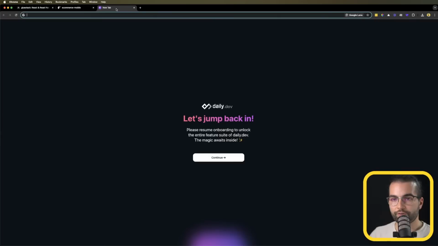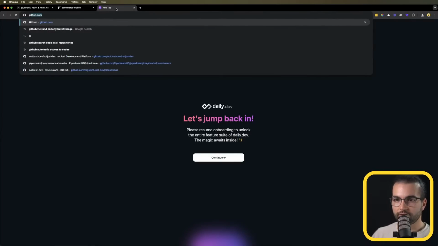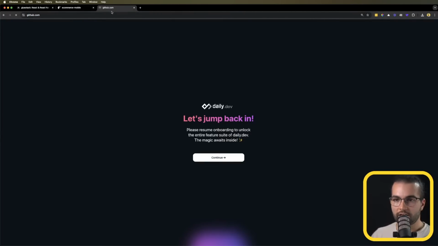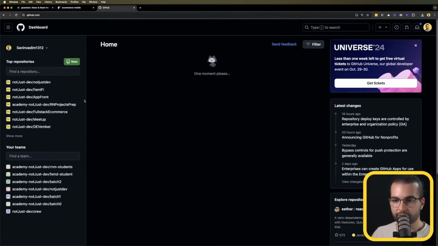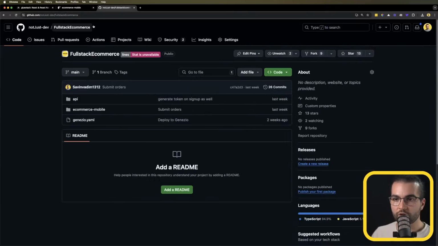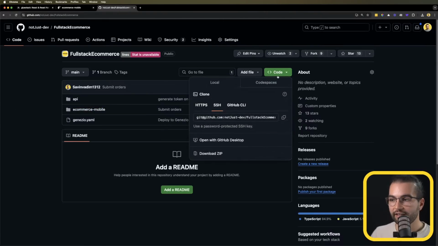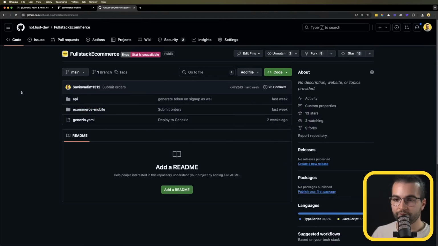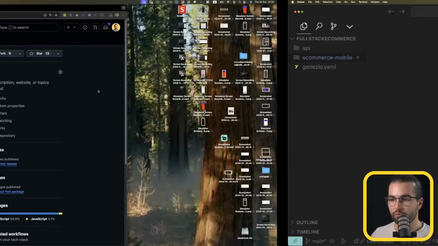In the description of the video, you're going to find the source code of this application. So you should find the source code, the full stack e-commerce API, the full stack e-commerce, which is going to have 3 folders here when you see this. It's going to have API, the e-commerce mobile, and let's go ahead and clone this repository, then clone it locally on our machine